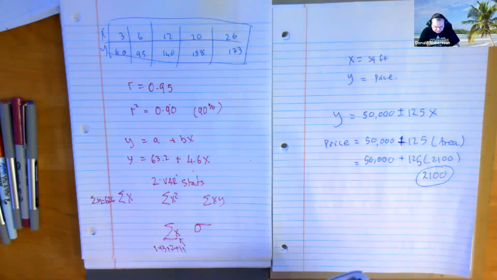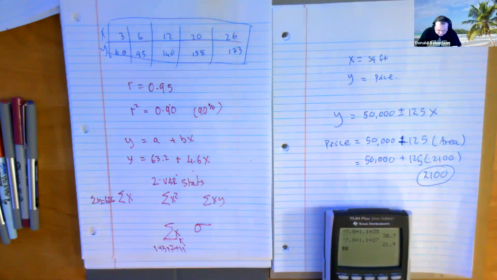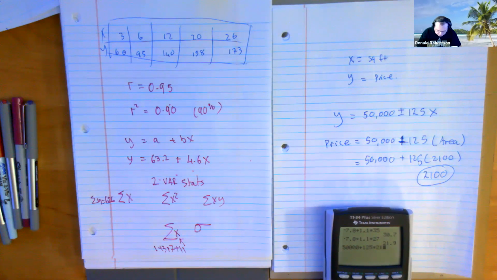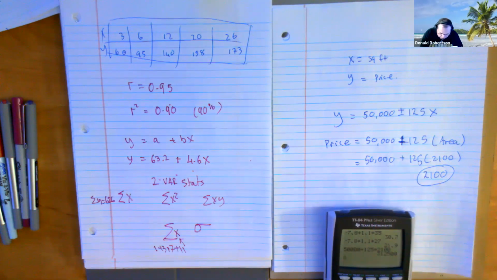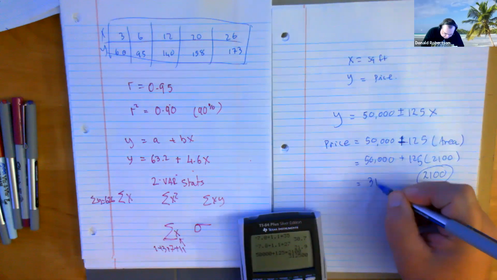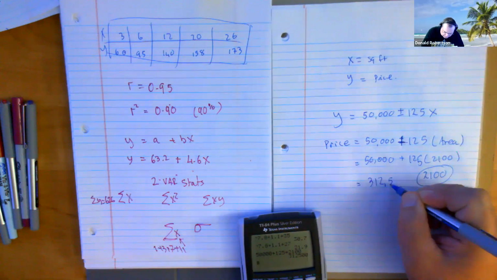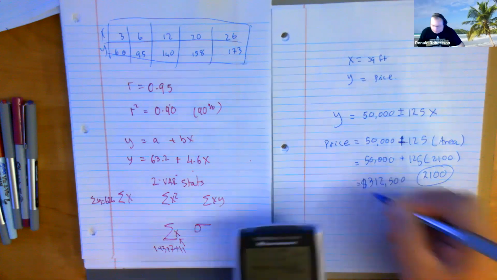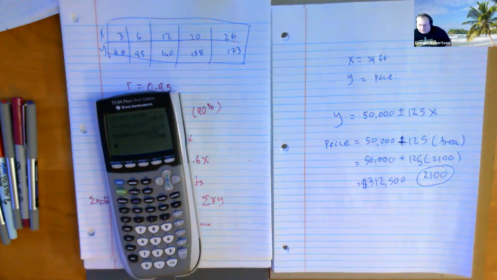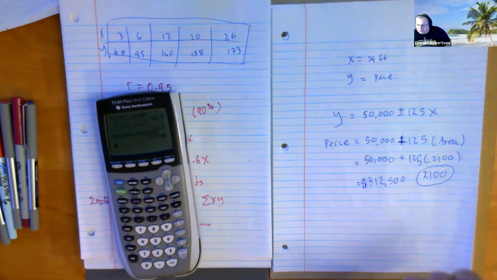And you get your calculator and you go 50,000 plus 125 times 2,100, and you come up with $312,500. So do you see, if it's a good model, and a good model means that it tends to predict accurately